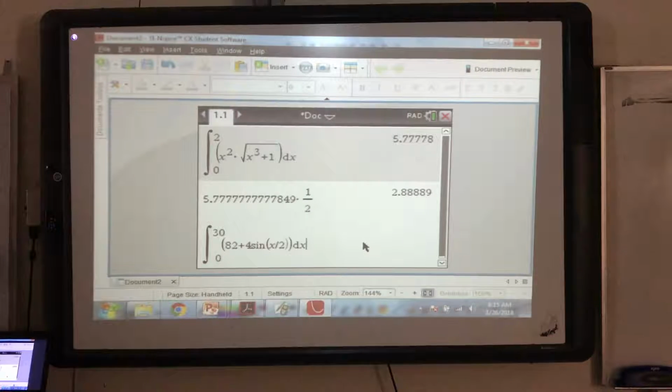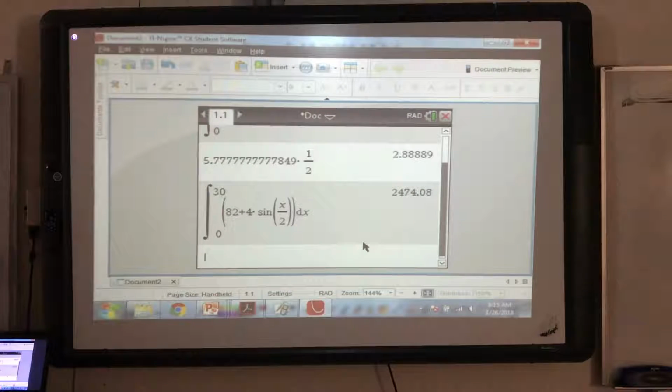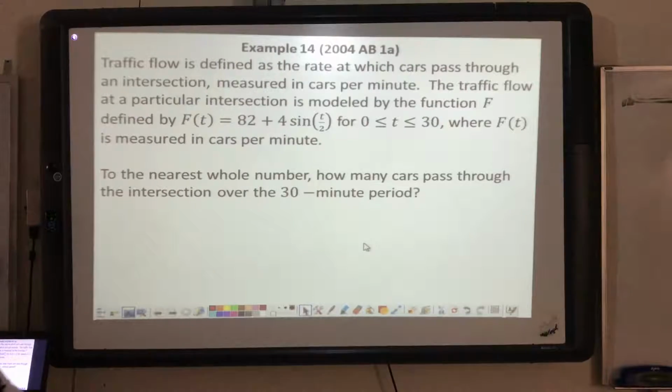So we're going to evaluate the definite integral from 0 to 30 of 82 plus 4 sine of x over 2 dx. And that gives us 2,474.08. But that's not quite what they asked us. They asked us to round to the nearest whole number. So our answer is just going to be